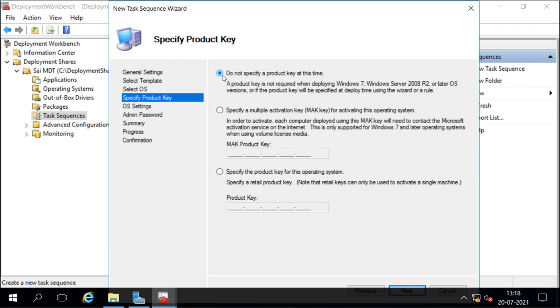Then we can also select to specify the multiple activation key. We can get a single key to activate multiple operating systems. So if we have that license key, we can use this option and give the key there. But I am not using a key because I am installing the Evaluation version.